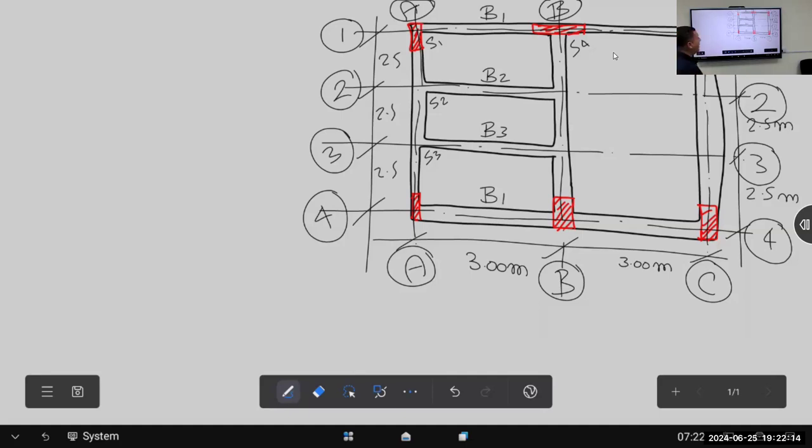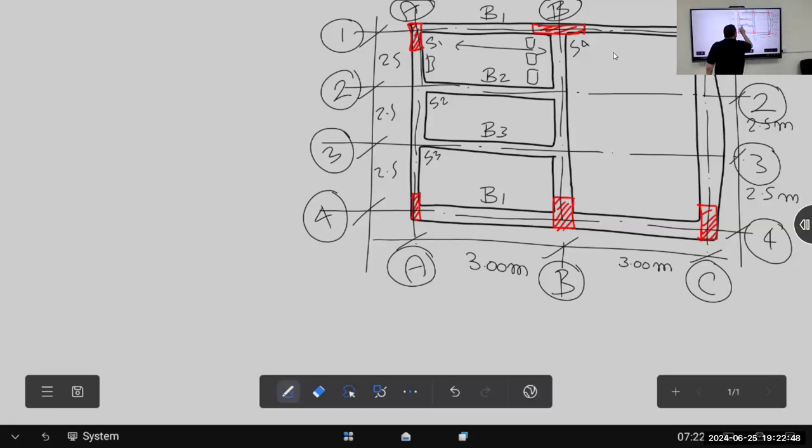Let us see. Assume we are here now. 1, 2, 3. Yes, I am moving in this direction. I am moving up. How will my loads transfer to B1, B2, and